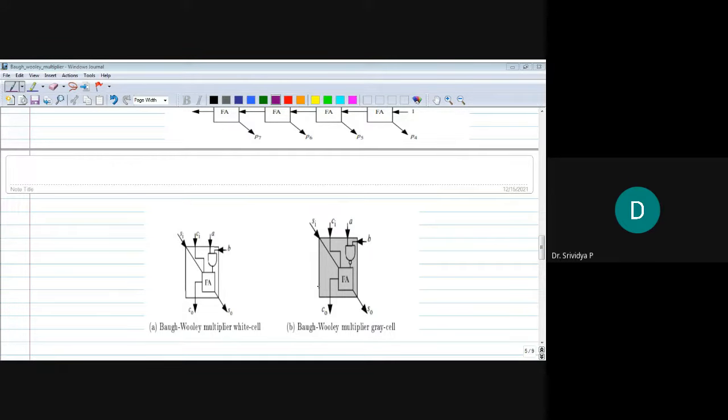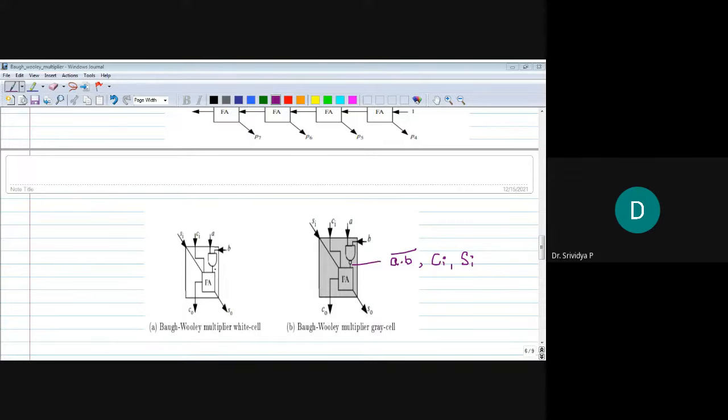And then we obtain sum and carry from that particular cell. This is the gray cell implementation. So what is this product? What is it that we obtain here? We obtain A dot B, the whole bar. This is one bit. Then CI is one bit, SI is another bit. These three are inputs, and the outputs are S naught and C naught from that particular stage.